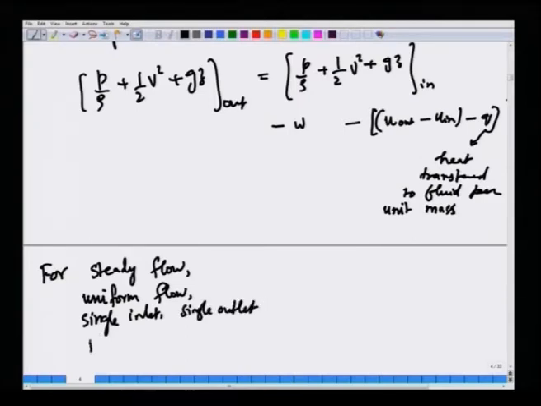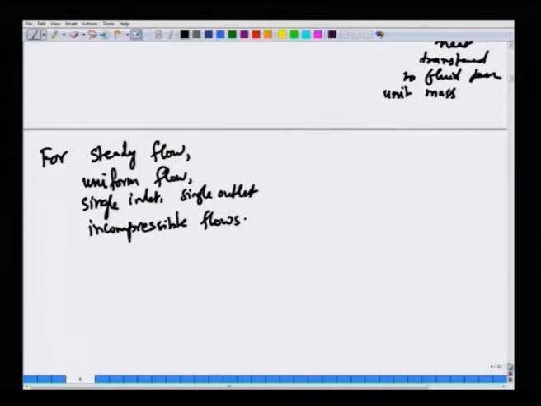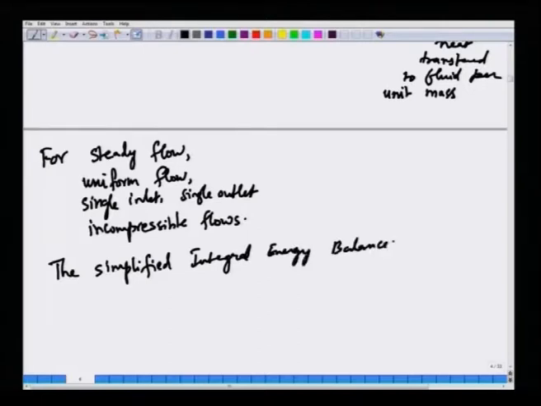And finally, we also have incompressible flows. Okay. The simplified integral energy balance becomes simply, so let us start with P by rho, that is conventional, V squared by 2 plus G z